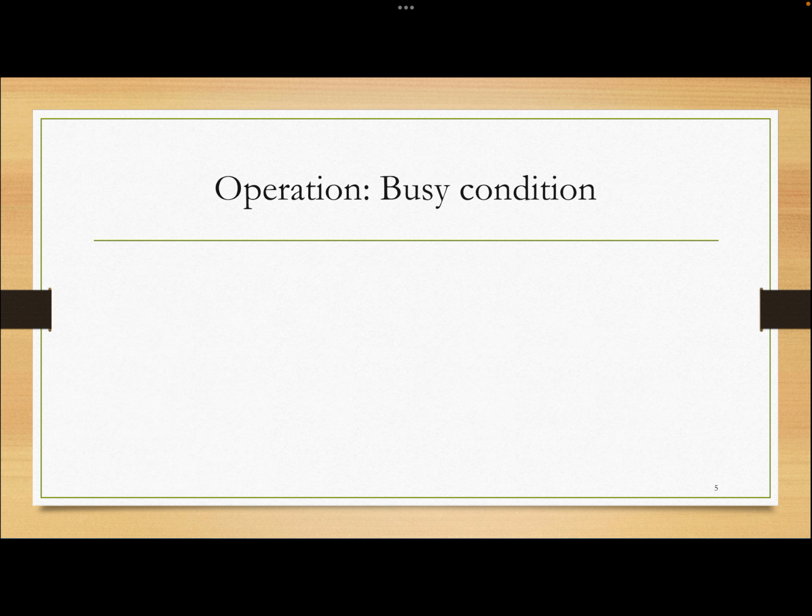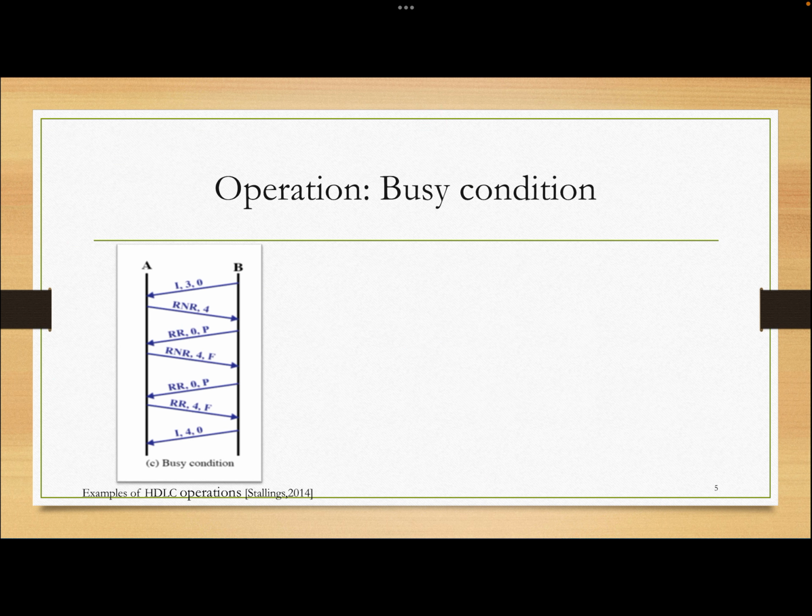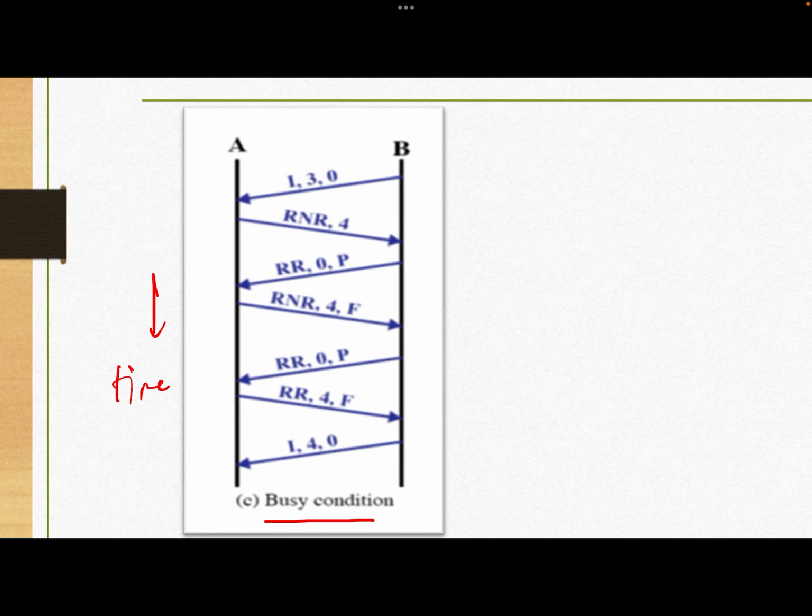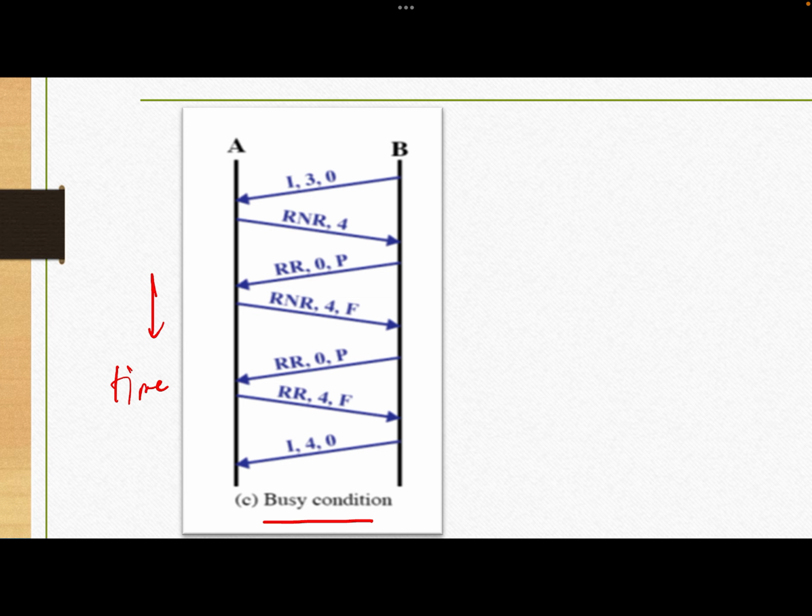Okay, next example is for the busy condition. Suppose A and B are sending like this. This is the time. So B sends, okay, a dot. Now the frame that we focus on is the information frame of B, frame number 3 from B, and ACK 0. When A receives this, A says that I ACK your frame, so I ACK 3